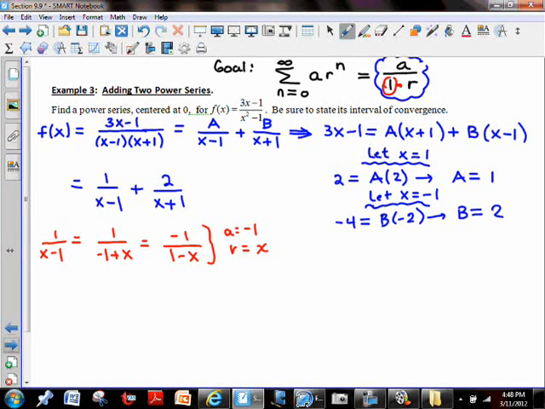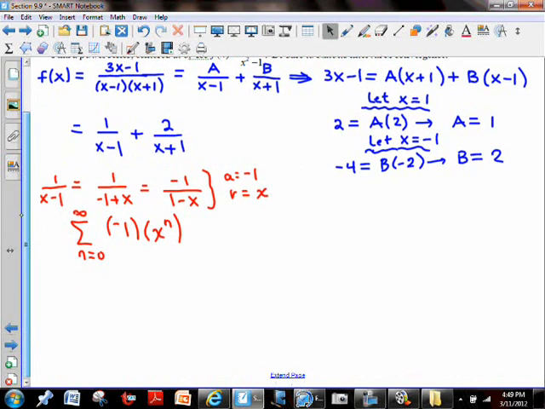And this is going to allow us to state our power series form as n going from 0 to infinity of negative 1 multiplied by x to the n. And we're all set to go with that guy. All right, next we'll scroll down here a little bit, and let's focus on our other